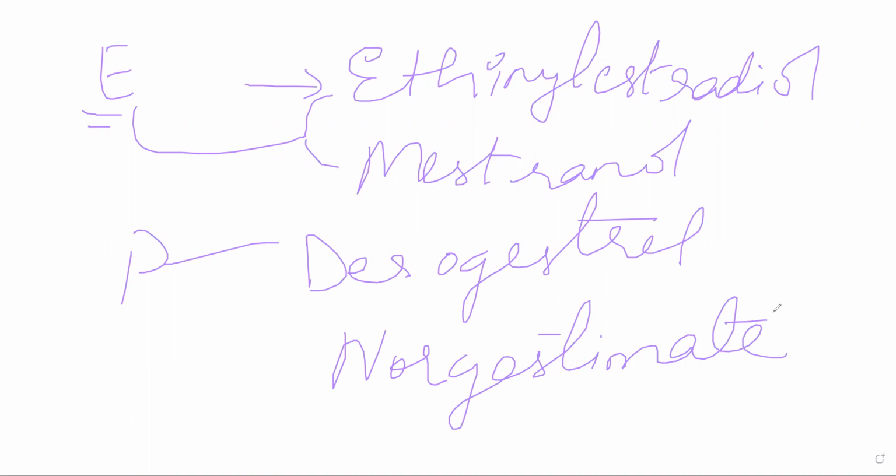Now these two, desogestrel and norgestimate, generally cause the least side effects, and they will make sure that there is prompt withdrawal bleeding. So after you withdraw the drug, sometimes bleeding occurs. Okay, very very common with estrogen especially. It can be heavy. So if you withdraw the drug, that bleeding will not be as significant if you use progesterone or if you use a combination of E and P.